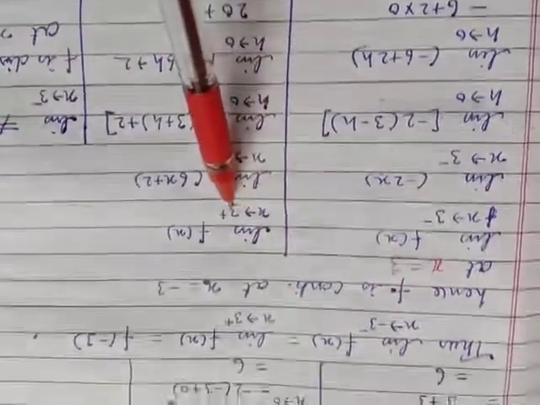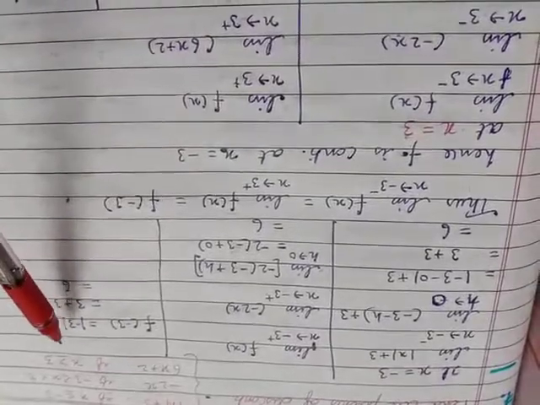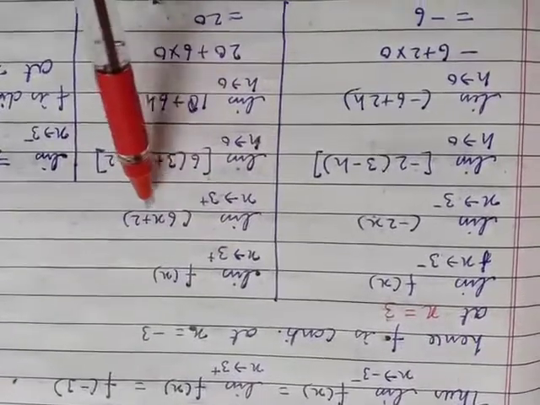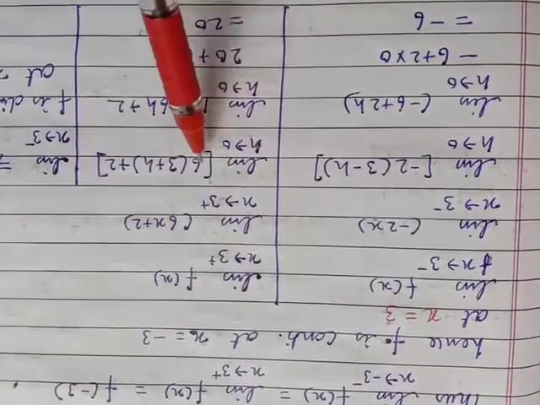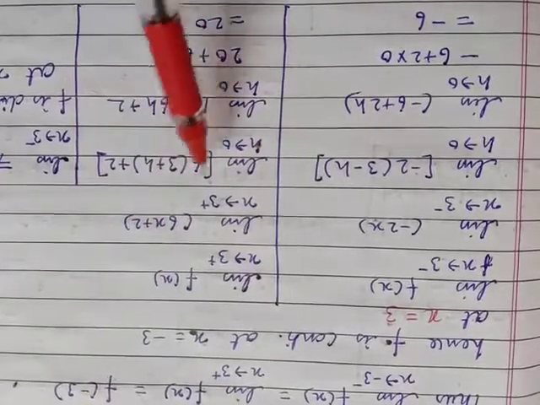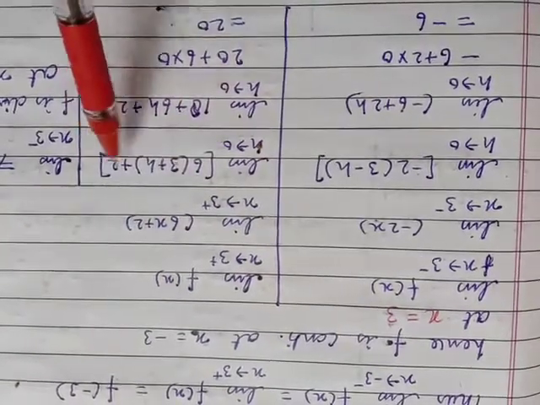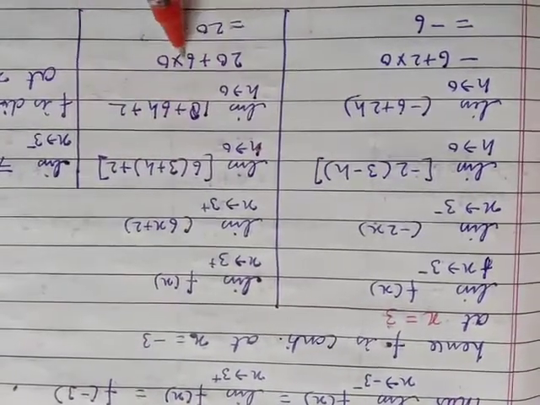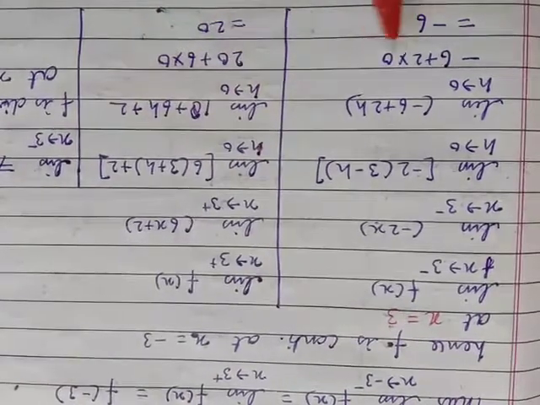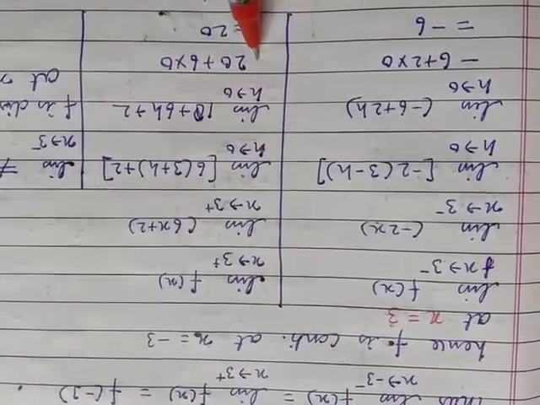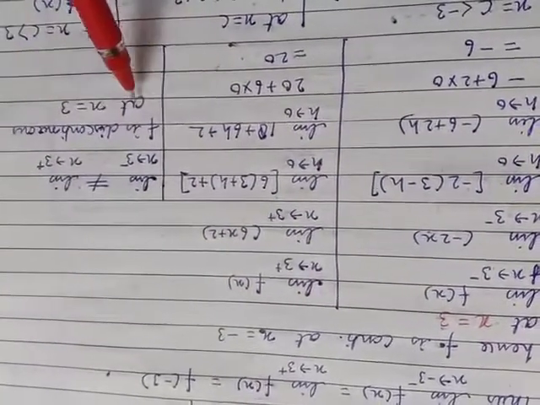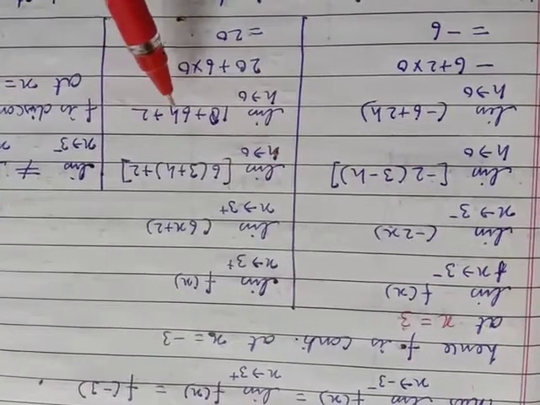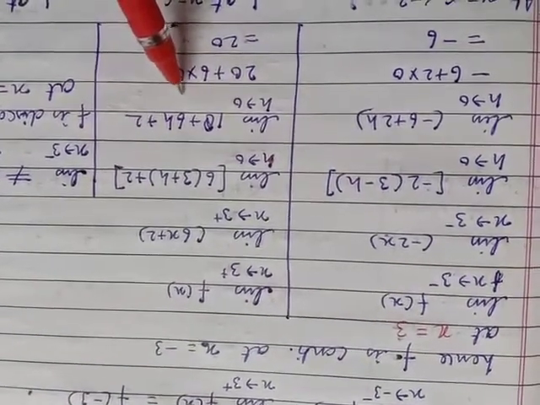Now 3 positive. When we think of 3 positive, then x is greater than 3, and the function is 6x + 2. So limit h tends to 0 of 6 times (3 + h) + 2. 6 times 3 is 18, plus 6h plus 2. Clear? So 18 plus 2 is 20, plus 6h, where h is 0, it becomes 20. When the left hand limit and right hand limit are not equal, then the function is discontinuous at x equal to 3. Now in the examination, if you write till here, you will not lose any marks.